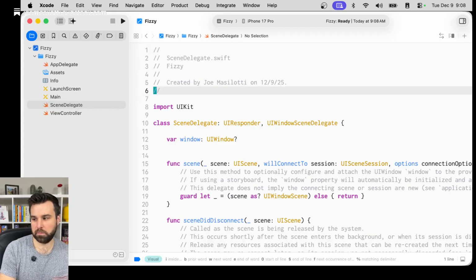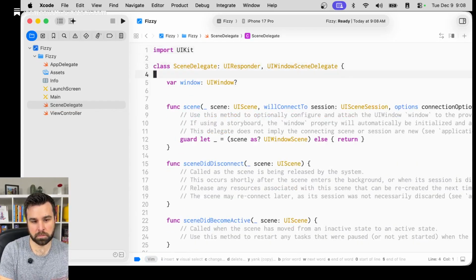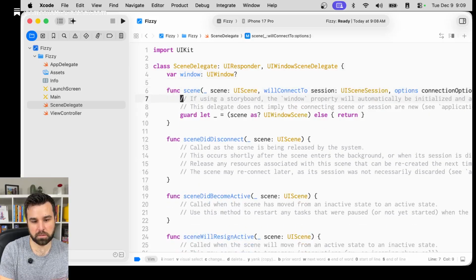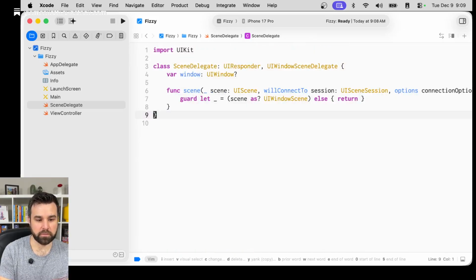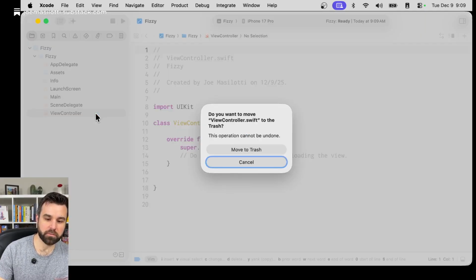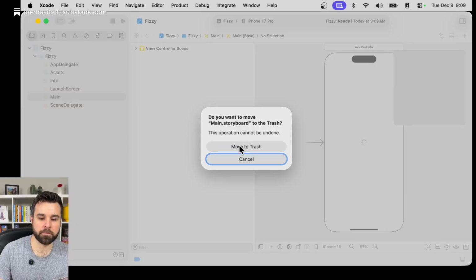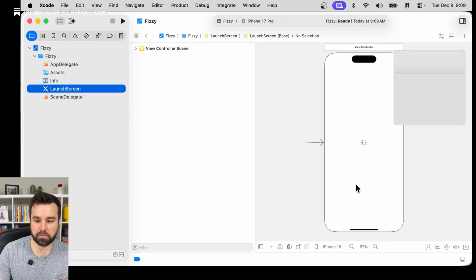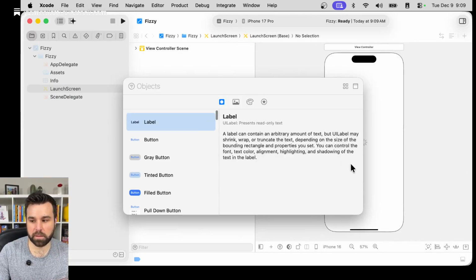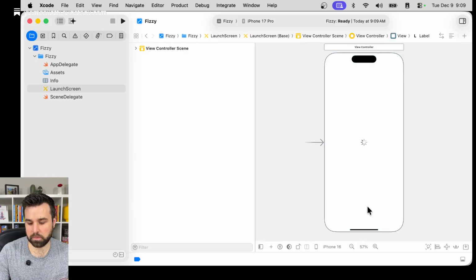Scene delegate, we're gonna do something very similar, but we don't need any of that. We're actually gonna toss the view controller entirely. We're gonna toss the main file entirely. And for the launch screen, I just like to throw a little label here. We're gonna call it,